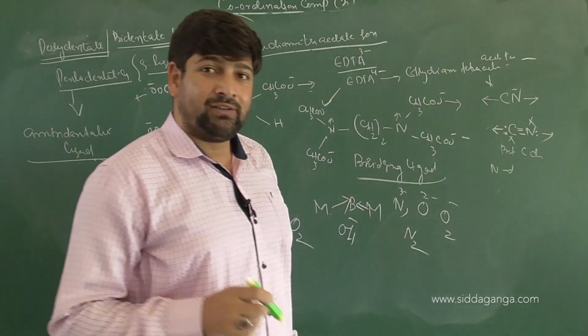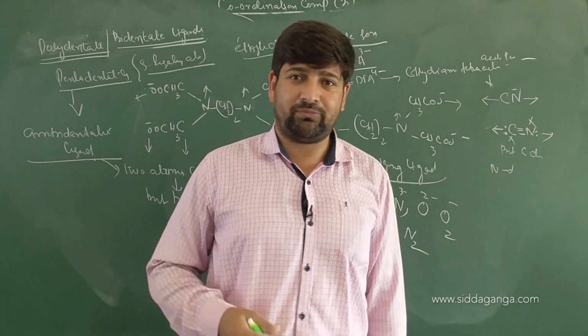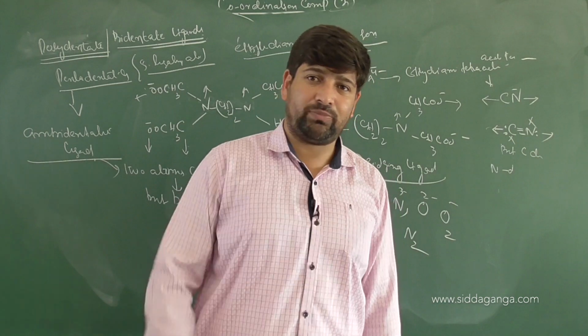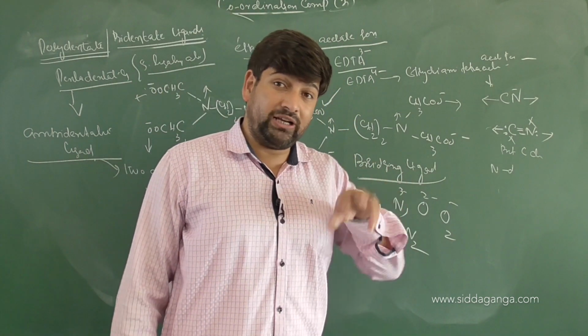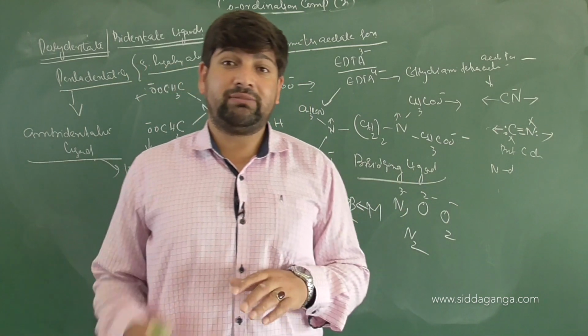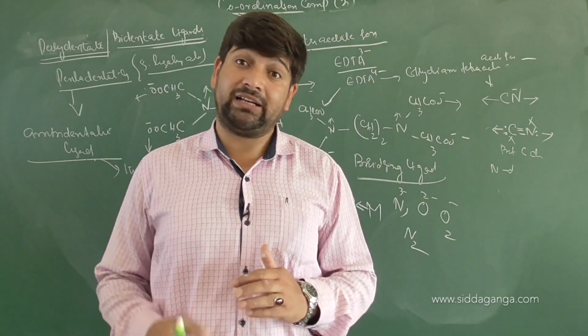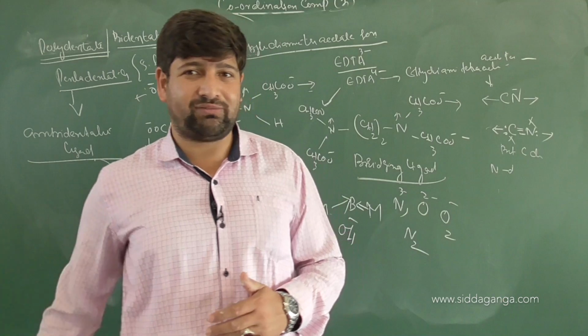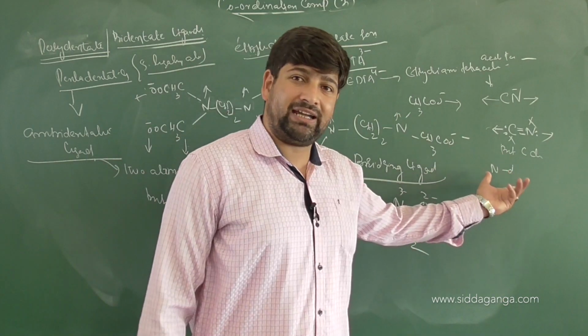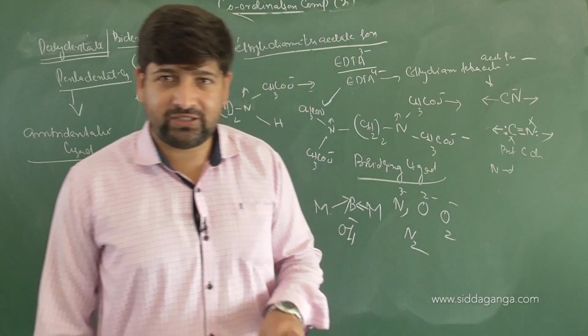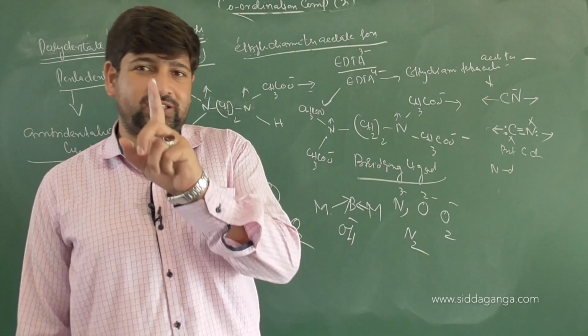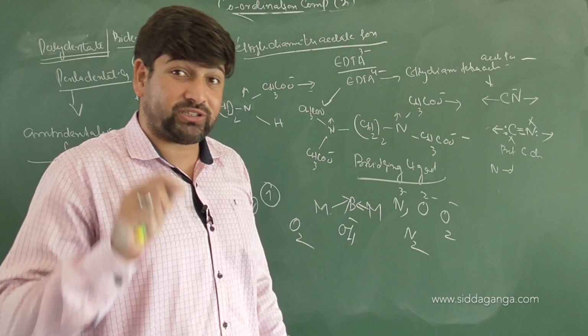Such ligands which have the tendency to donate from more than one place, but will always donate from one place, are called ambidentate ligands. But what did I talk about? Polydentate ligands. The ligands which have the tendency to donate from more than one place and will donate from more than one place. So an ambidentate ligand is a special type of monodentate ligand, in which donation tendencies are from 2 places, but only one will be donated, and the name also changes.